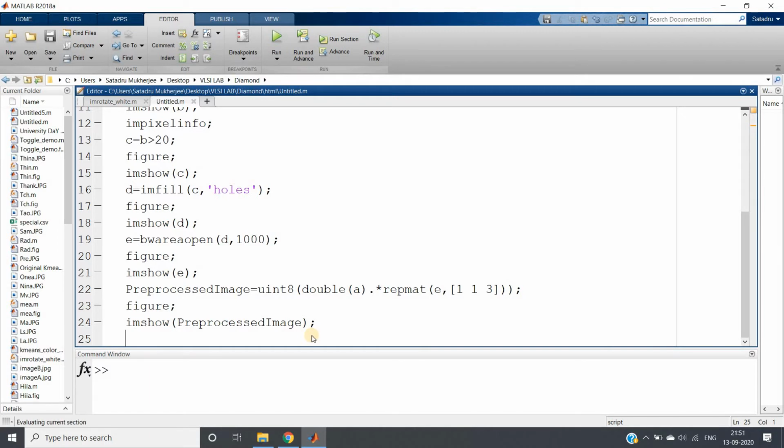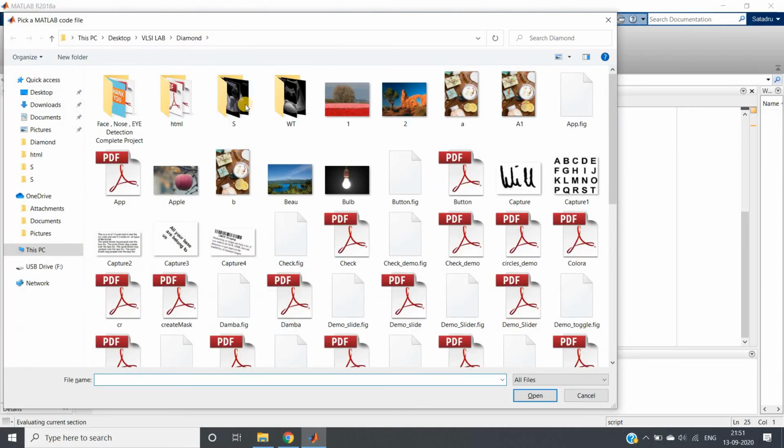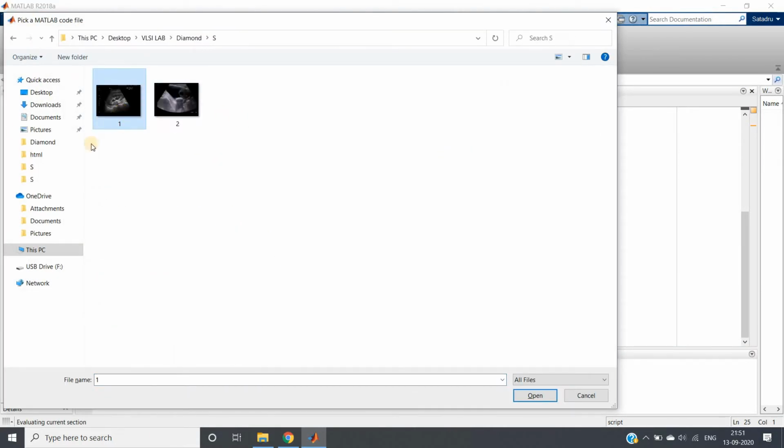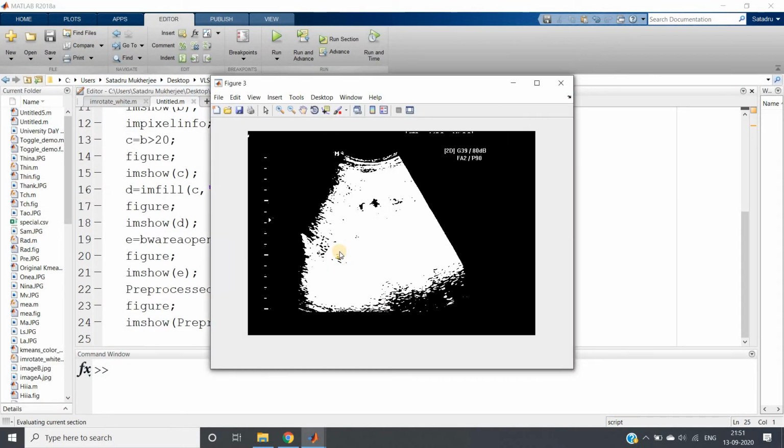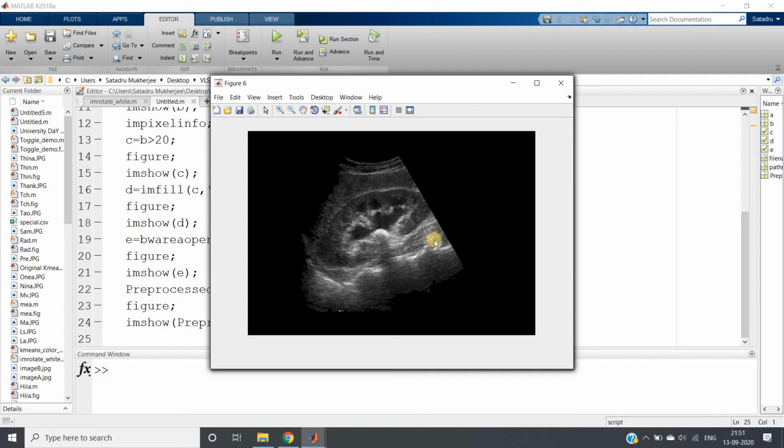Let me run up to this and show you the implementation till now. I am taking one image which actually has a kidney stone. This is my original image, and eventually I am getting this one. You can see that this is taking a kidney shape, and this one is basically the kidney stone.